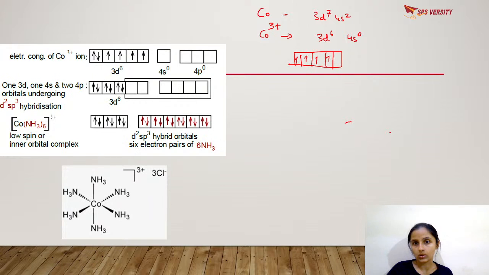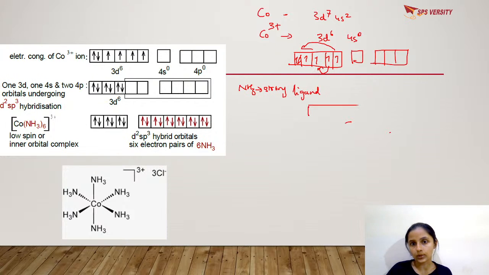1, 2, 3, 4, 5, 6, and 2 over here. Just like this. Now the electrons are going to shift because ammonia is approaching. You consider this a strong ligand over here. As a result, there is pairing up of electrons. This will jump over here, and this will jump over here. What you are going to get? 1 pair of electrons, 2 pairs of electrons, 3 pairs of electrons, and then you have this kind of